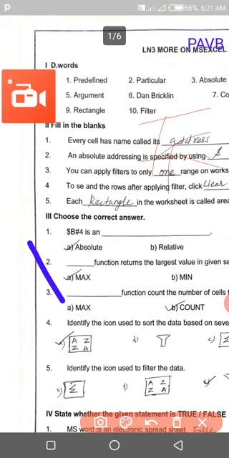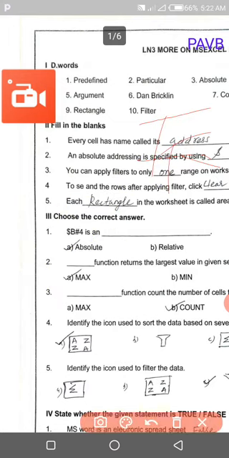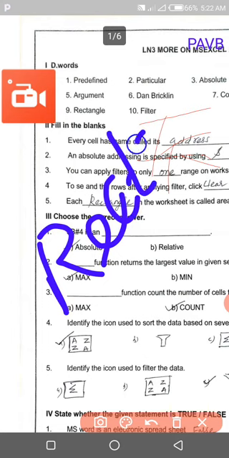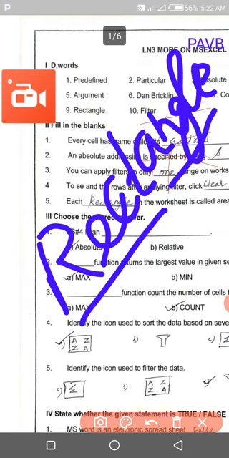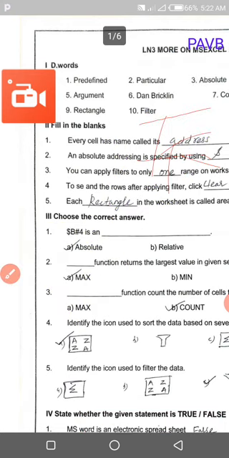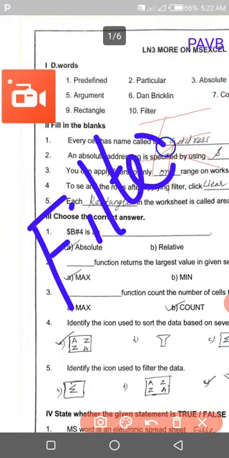Next one is formula. FORMULA, formula. Ninth word is rectangle. RECTANGLE, rectangle. Once again, RECT ANGLE, rectangle. Last word is filter. FILTER, filter.